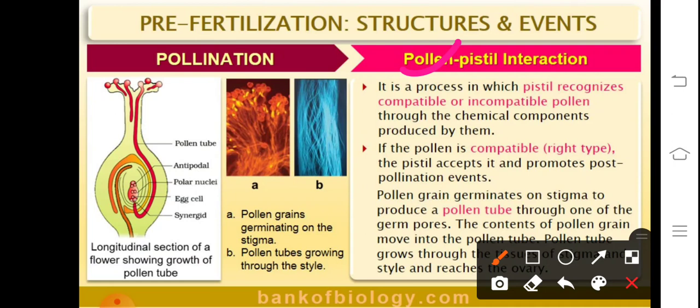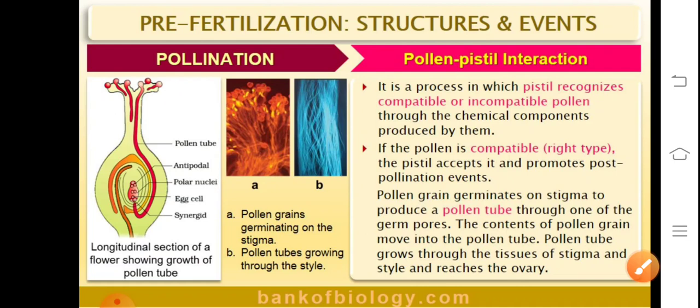Basically, some sugary substances are released by the stigma which reach the ovary, which help in giving chemotactic signaling to the pollen grains so that they could produce the pollen tube, which can come out through the exine, through the germ pore. The intine tube will get elongated and will lead to the formation of pollen tube on receiving the chemotactic signal. If the pollen grain is compatible and the right type, the pistil will accept it and